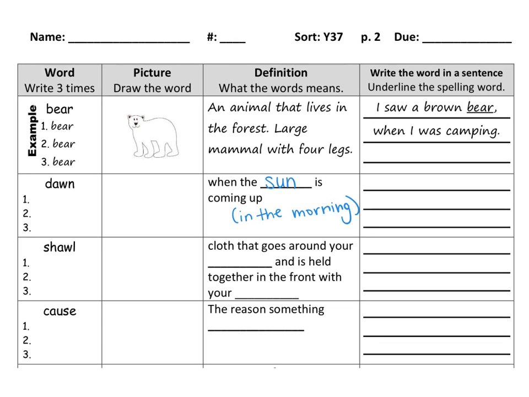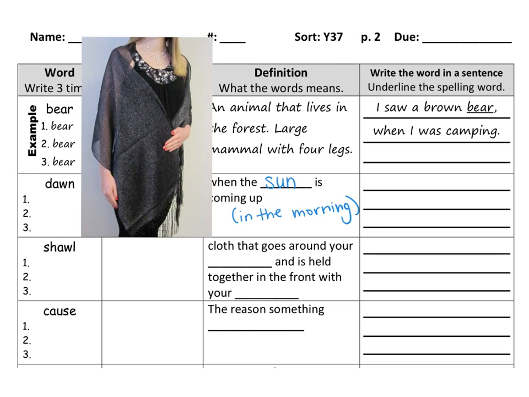Then draw a picture. The next word is shawl. Hear the "ah" sound in shawl. This is a harder one. Alright, thanks to my good friend the internet, here is a picture of a shawl. You can see it goes around the lady's shoulders, and it will just hang open unless she holds it with her hands together. And you almost always put your shawl so that it's open in the front. So here it's open, and in the back it just covers all of her shoulders.